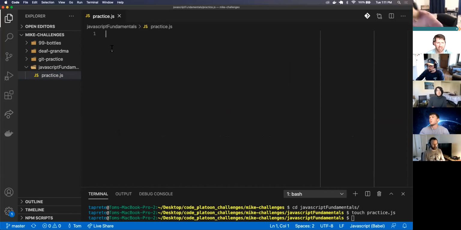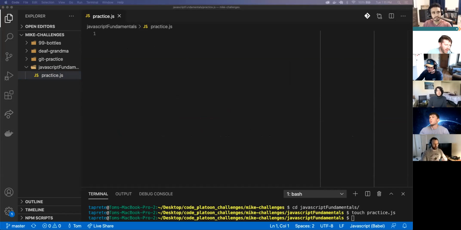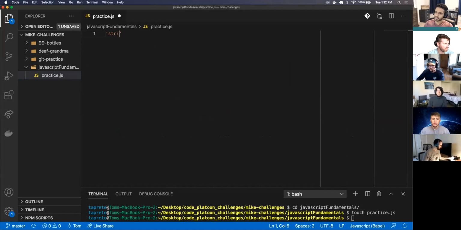We're just going to cover very basic stuff, like data types. So what are the three different ways we can create a string? Single quotes, double quotes, and then backtick. Okay, so single quotes, double quotes,